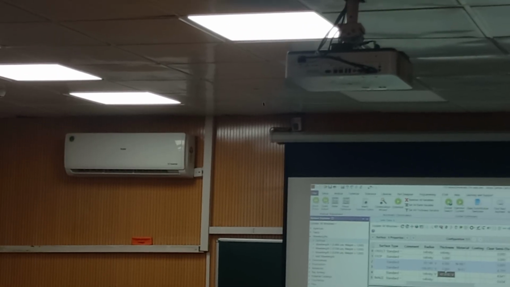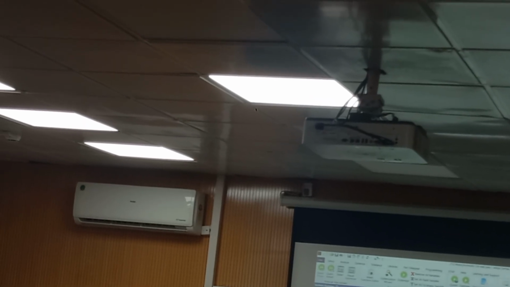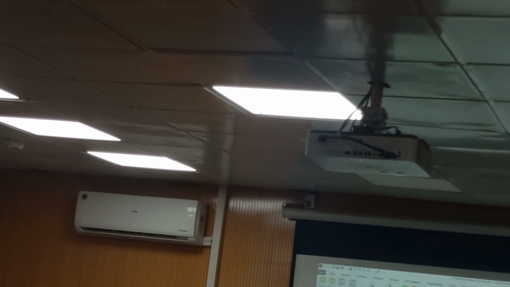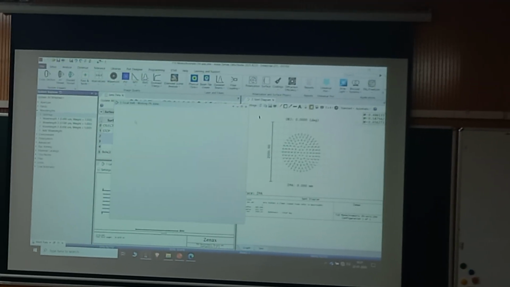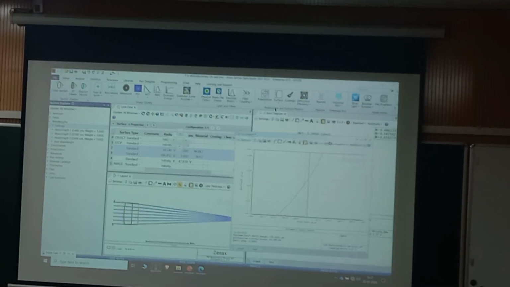So I have got a doublet. Okay, this is not yet a doublet, I have just added a surface. It will become a doublet when we optimize. But now, along with the spot, I want to understand how much chromatic focal shift is happening. We have an analysis feature for that also. So go to the analyze tab, go to aberration, and go to chromatic focal shift, and just lock it over here.